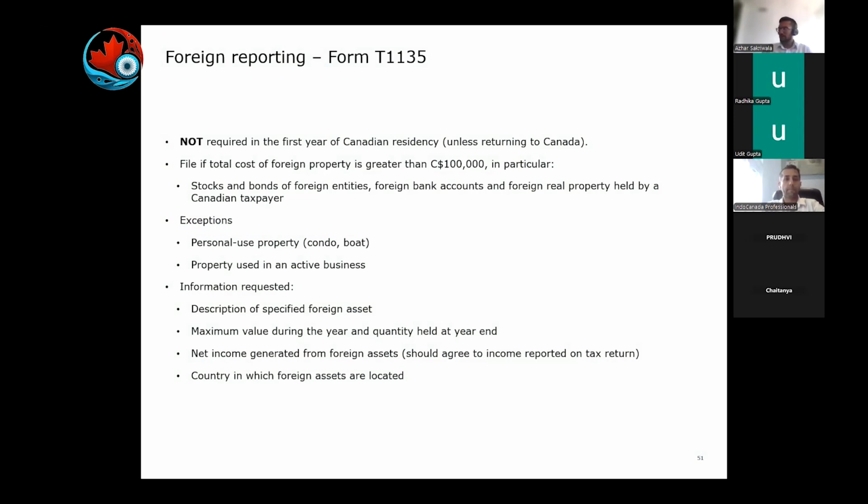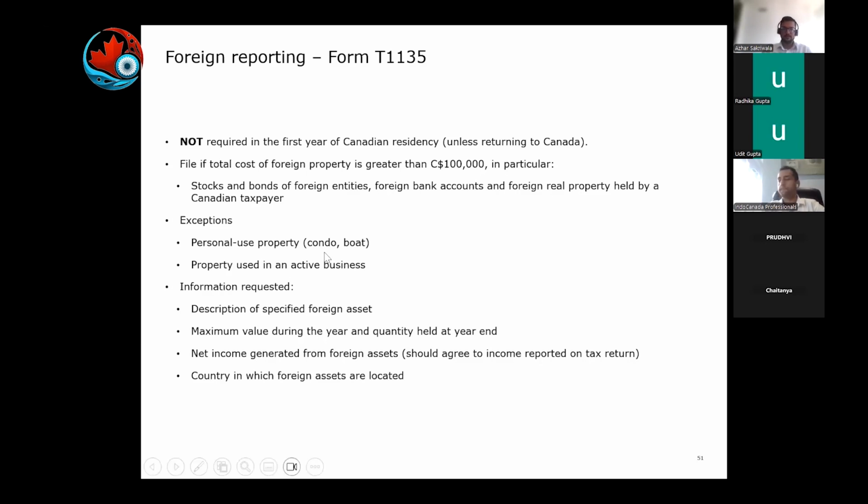For the first year of your arrival in Canada, you're not subject to foreign asset reporting. But for any subsequent years, you may be subject to foreign asset reporting if the cost of your foreign assets is more than 100,000 Canadian dollars. So if the value of your investments in India, let's say the value of your house, or your stocks, shares, gold, artifacts, and the like is more than $100,000,